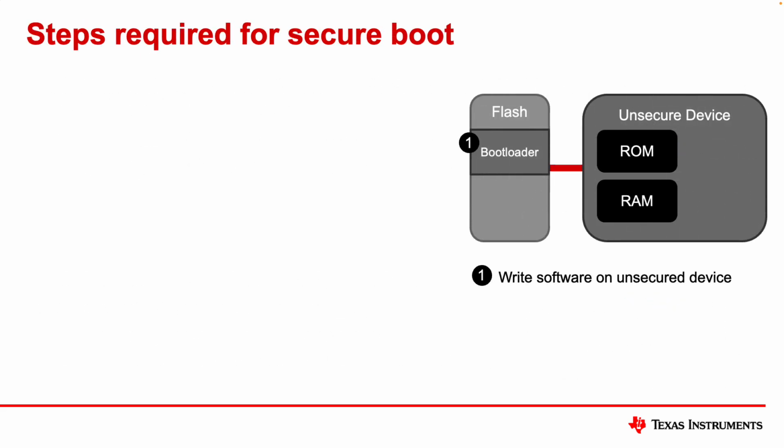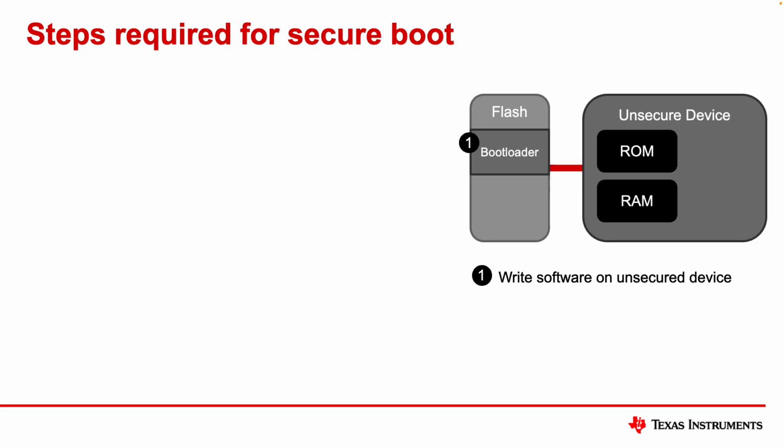So let's move on and look at how you actually implement secure boot on an AM6X based system. It's just a series of quick steps, and the first one is one you're very familiar with. You have to write your software and get it up and running. As we discussed before, that's best to do on a non-secure device. Software development in embedded systems is hard enough without having to worry about doing it on top of security. So you can leave that security off, as long as you're comfortable with not having to secure the system, and you can develop other aspects of your system.